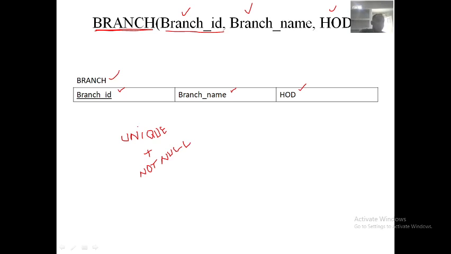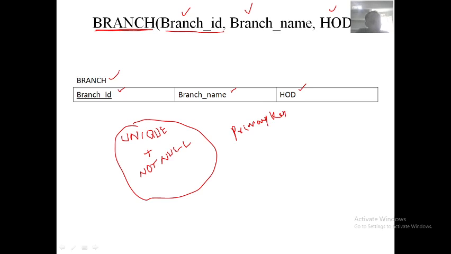If these characters are there, then it is called a primary key. So what is a primary key? In a table, the attribute which is unique and not null, having these two constraints, is called a primary key.